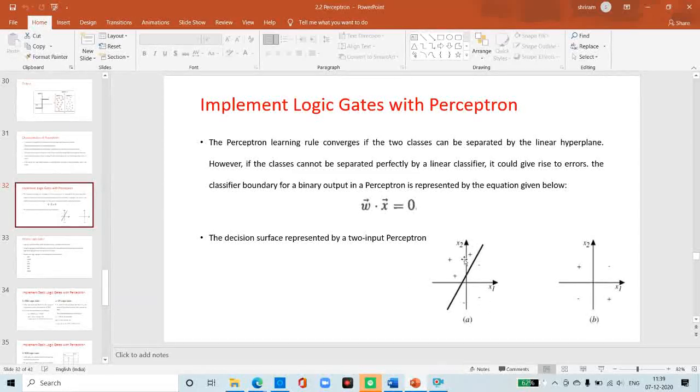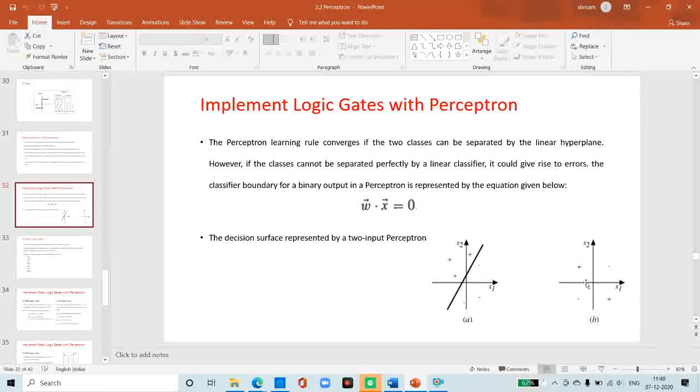The first figure shows an example that can be clearly separated into positive and negative values. So they are linearly separable. These are the linearly separable positive and negative values in the two inputs x1 and x2. This can include logical gates like AND, OR, NOR, and NAND. The second diagram shows an example that is not linearly separable.